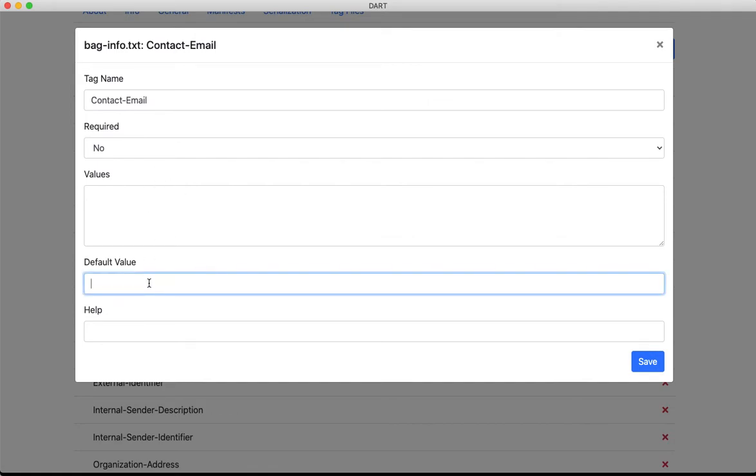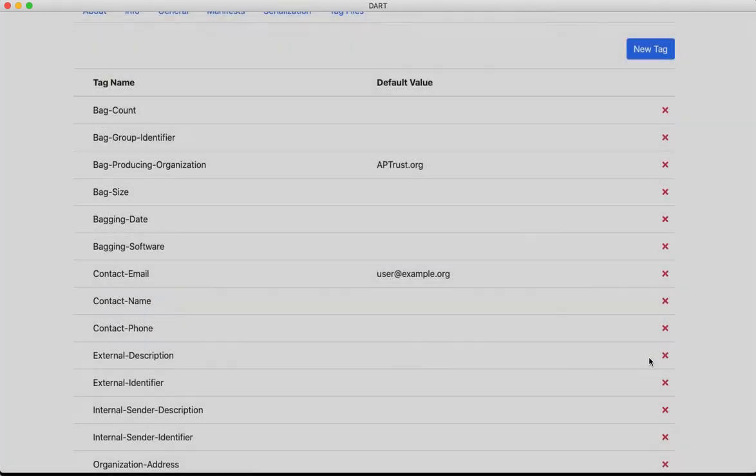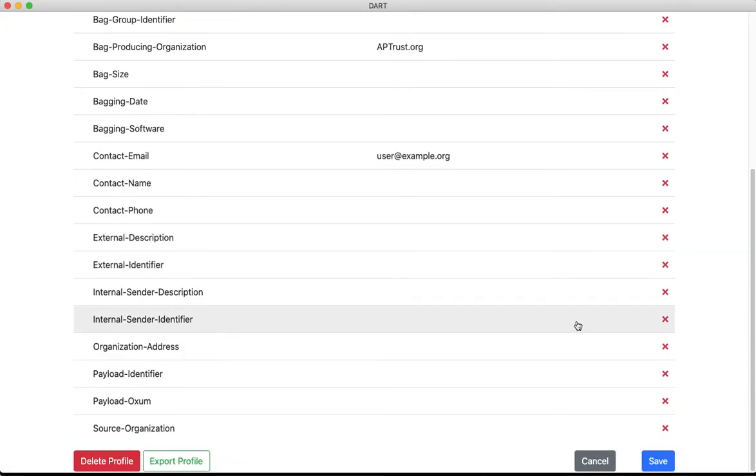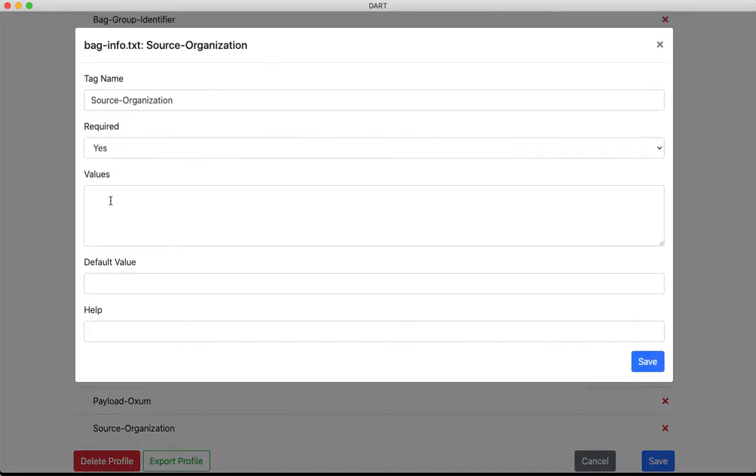Provide a default value for this as well. And just for kicks, let's provide some allowed values in this source organization.